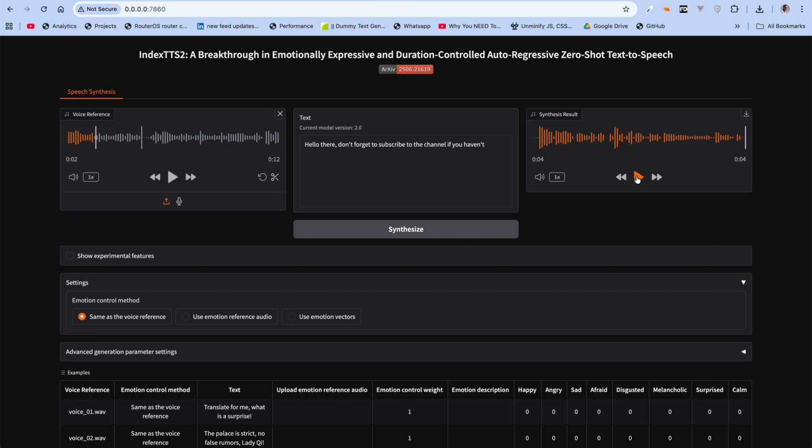So basically, like some other text to speech models or voice cloning models, it actually gave me a weird accent. Like I have a weird accent. I don't know where that's from, because if you listen to the reference audio,